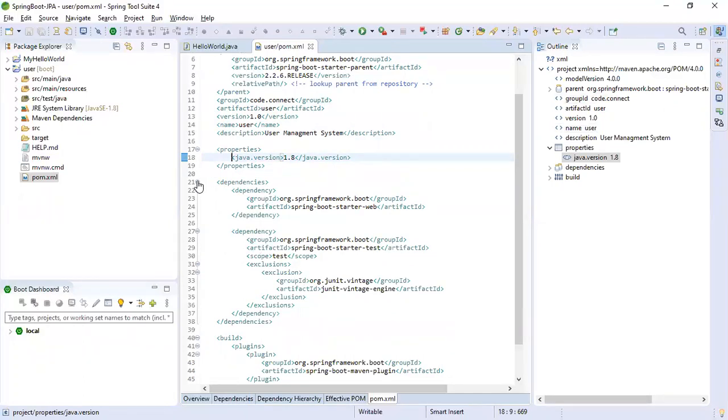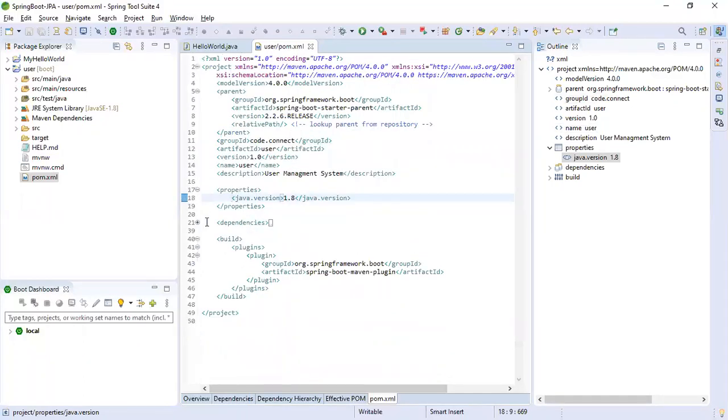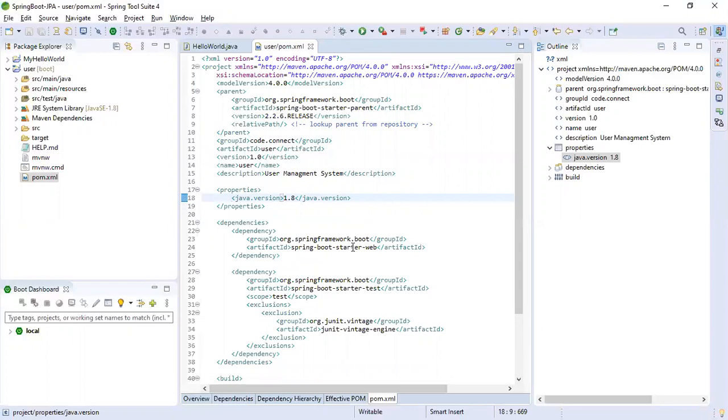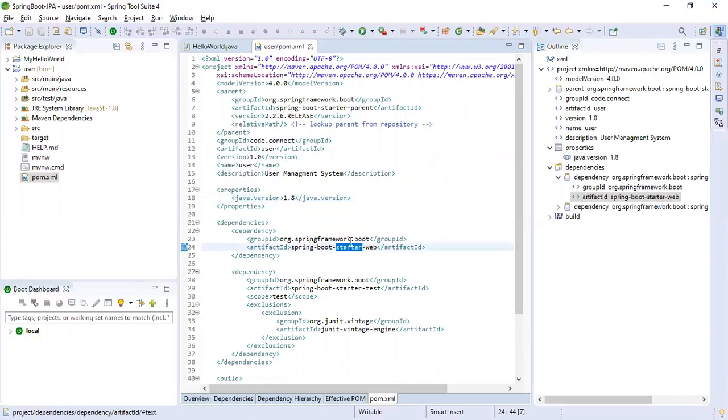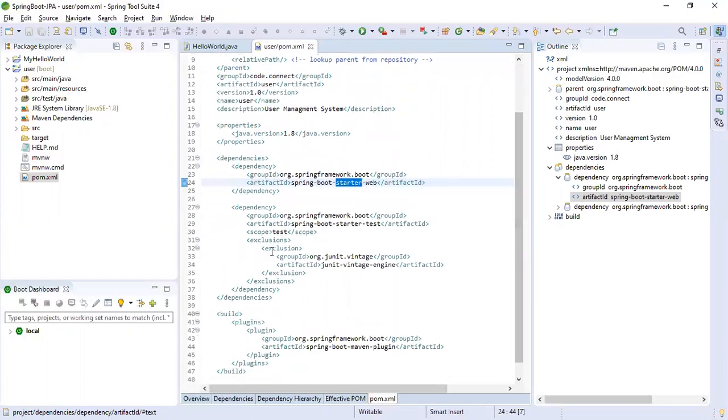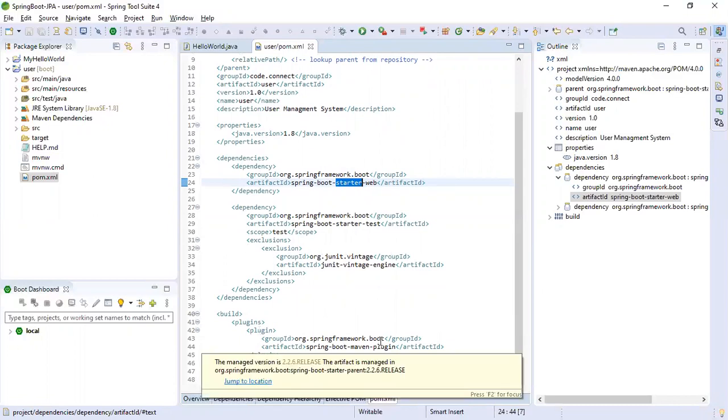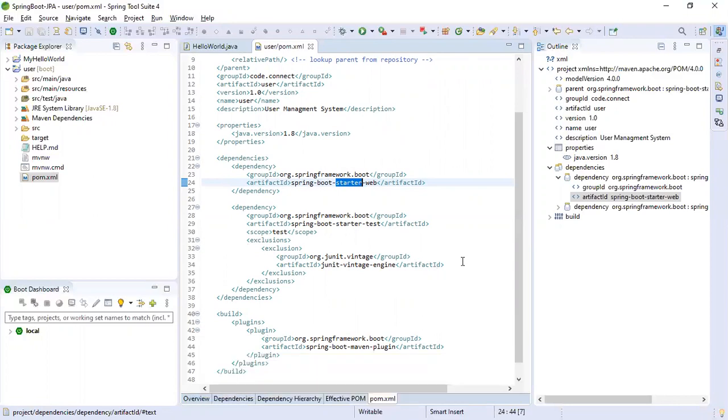The dependencies: if you want any dependency, you can add it inside the dependencies, and build is the very main thing. This is my web project, so I have mentioned Spring Boot starter web. For JUnit, whatever needs to be excluded will come in the exclusion part. The plugins are what is used to build. So the dependencies you need get downloaded while doing the build, when it gets executed.